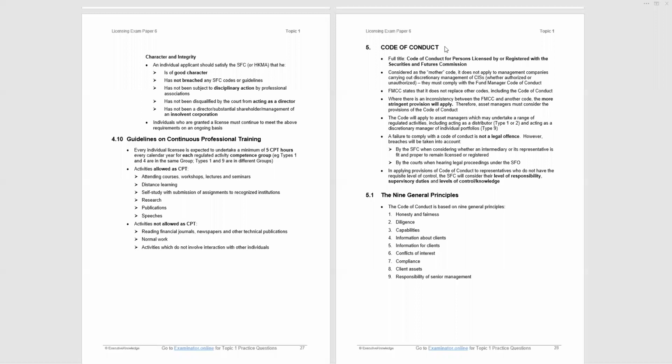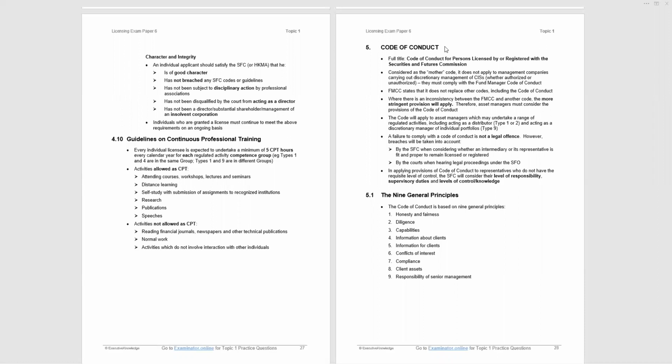You may get one or two questions from the Topic 1 material on Code of Conduct, but the Fund Manager Code of Conduct is the code that will get a lot more questions, and we cover that in Topic 3. Now, having mentioned the Fund Manager Code of Conduct, if we look at the third bullet point on page 28, it says the FMCC, Fund Manager Code of Conduct, states that it does not replace other codes, including the Code